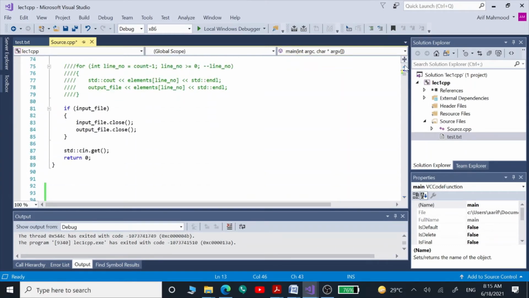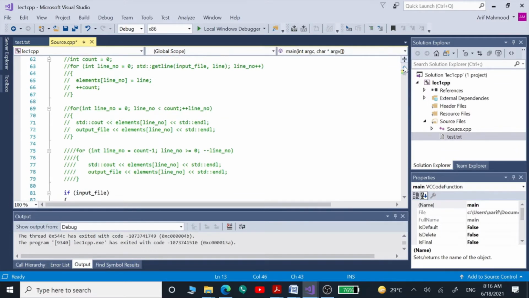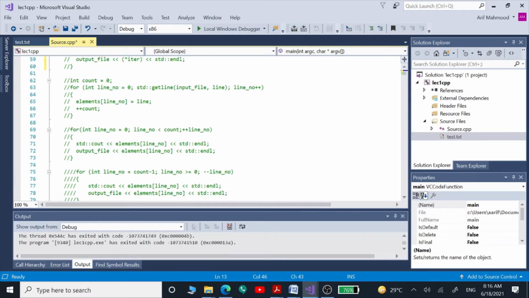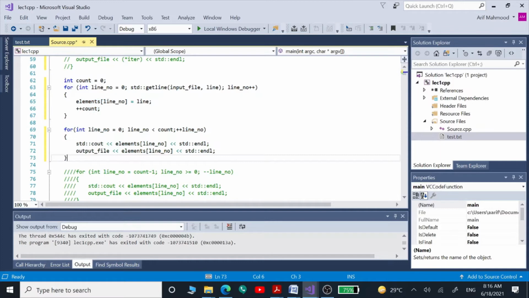And now what we can do is first store whatever is in our input file into the array, and then using this for loop we are going to run through that array in the straight order first to see the contents on the console window.